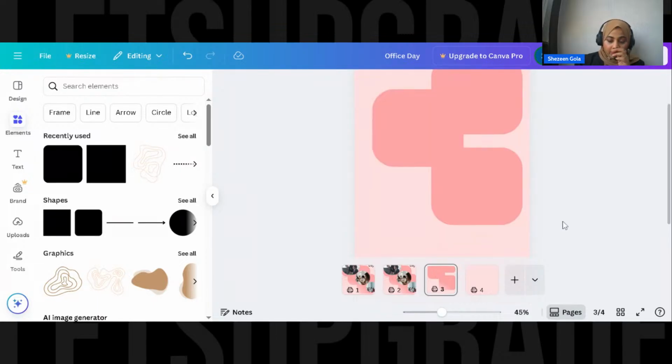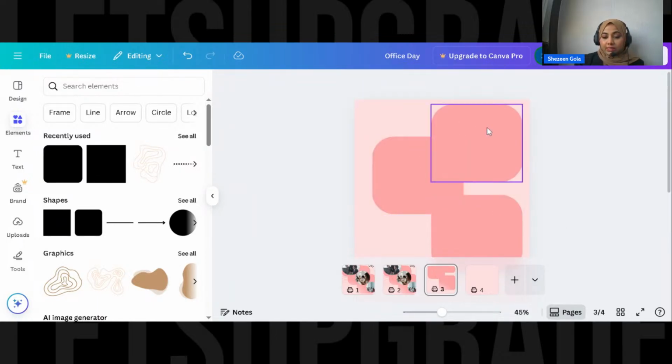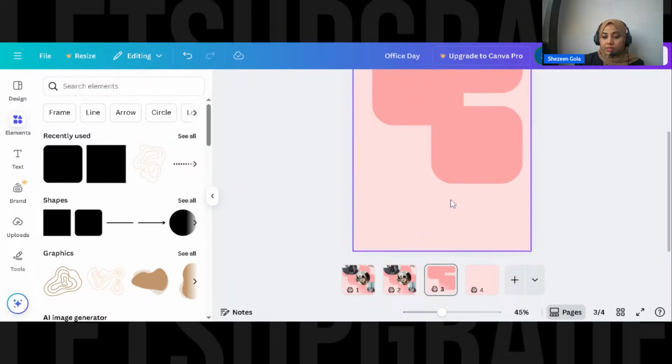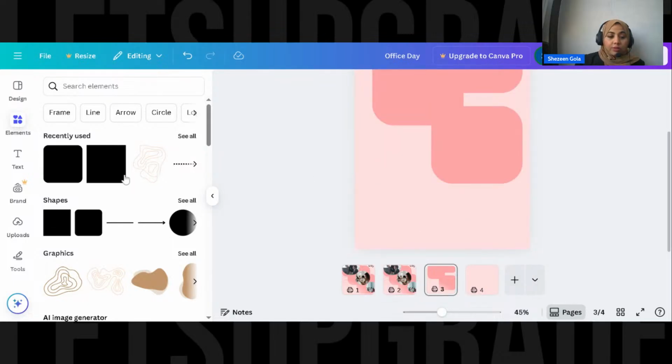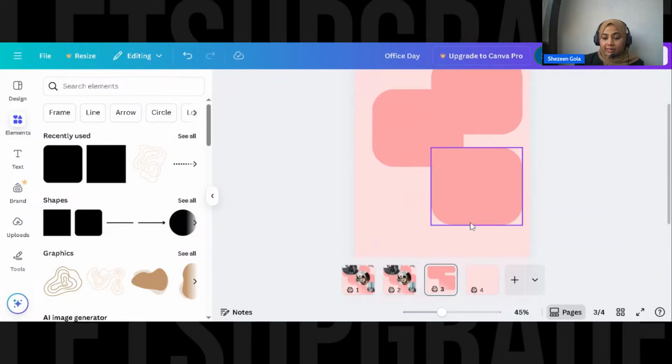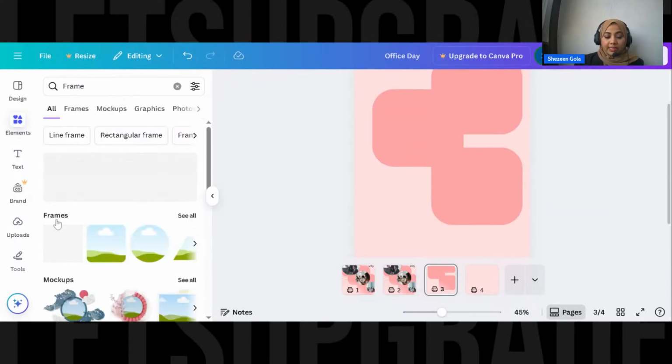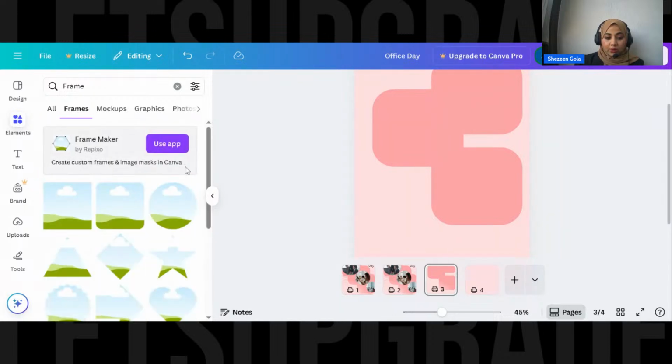Okay, now what you can do is, since we put images here previously, let's put image here. Okay, तो अभी हमें images use करना है for the second page. So what are we going to type? Frame. So now when I type frame, you can go and see all the frames.